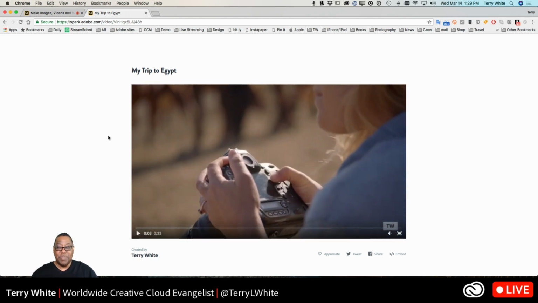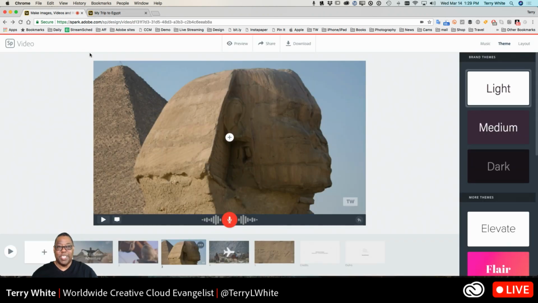So that's Adobe Spark Video. Now, at this point, you should be ready to create videos all day long because it's literally this easy. It's a matter of putting images, videos, text, voice narration, or not. Some people hate narrating. You don't have to narrate a single thing. I've seen Spark videos that are just text, photos, and videos, where the text tells the story. So it's literally up to you how you want to tell your story from this point on using Adobe